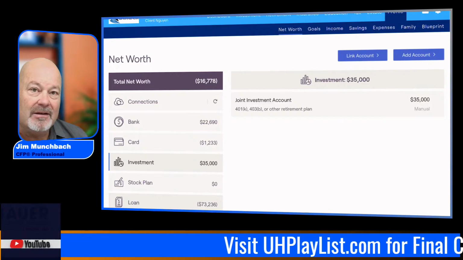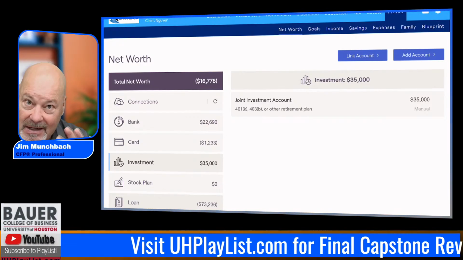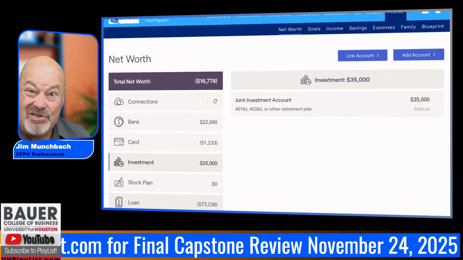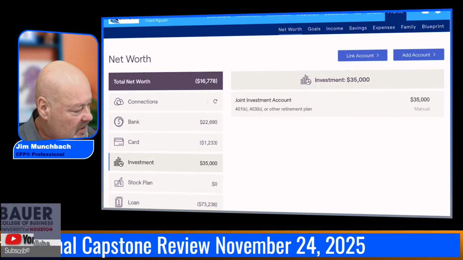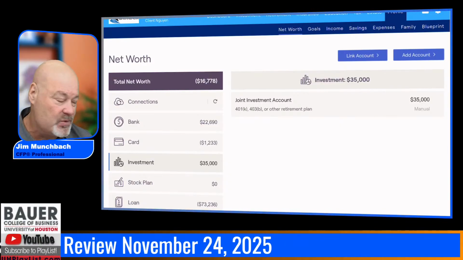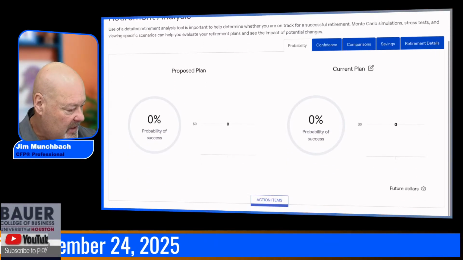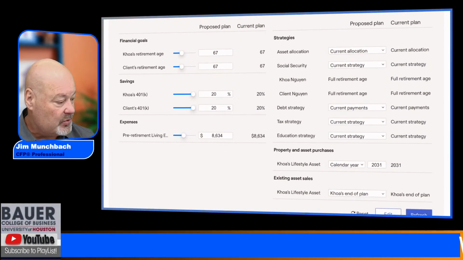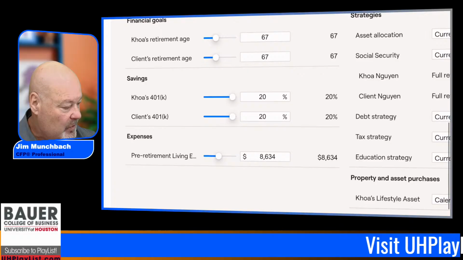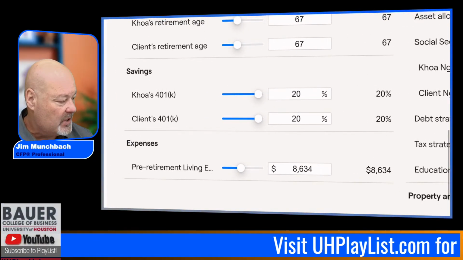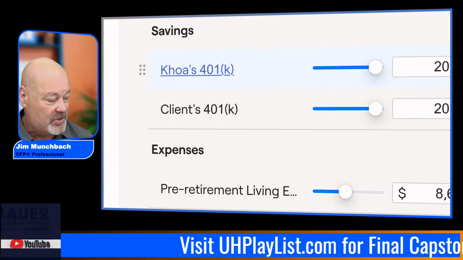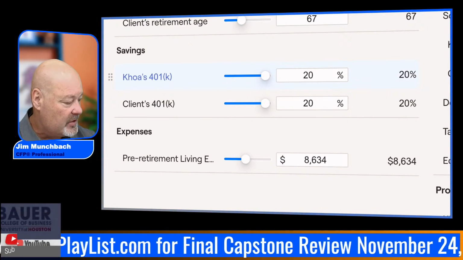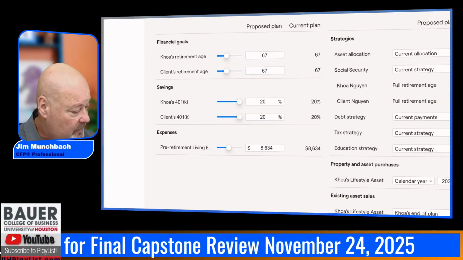So I'd start there, and then I'd play around with your asset allocation, get an idea. What does it look like if you go aggressive versus conservative? And that's going to change these account values. And all of that is going to take us back to this retirement page where we get to plug in some things under action items. And this is, again, a great place for you, now you're saying that you are contributing 20% to your 401k, and whoever the other client is, it looks like you have two people, but you didn't put a name there. So if that's true, they're also putting 20% in their 401k.